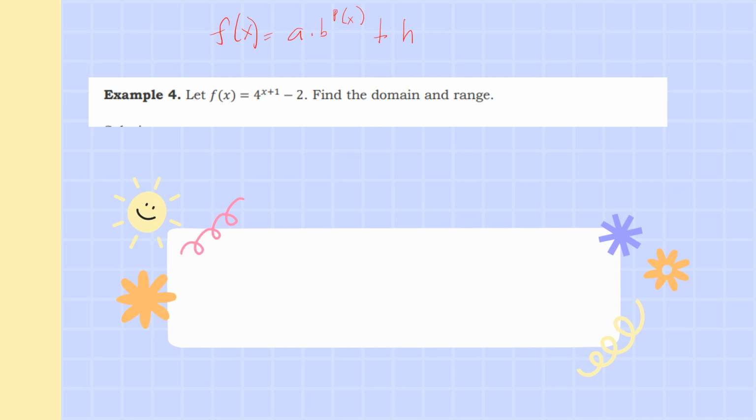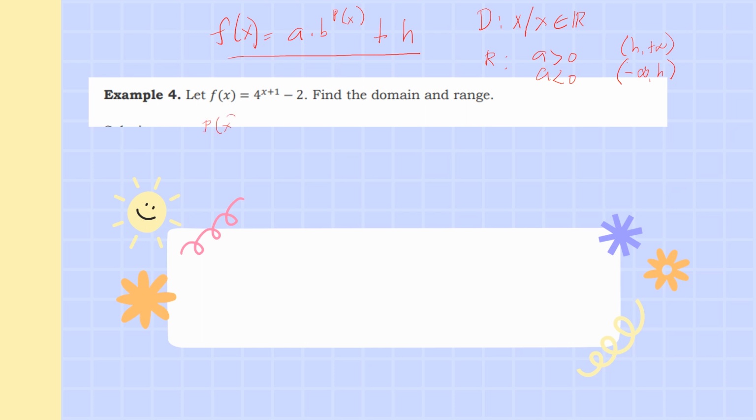With this, if we have this kind of given function, exponential function, we have the domain as elements or any real numbers, and for its range will depend on the value of a. It says here that if a is greater than 0, then the value of the range will be from h to positive infinity. And if the value of a is less than 0, the range will be from negative infinity up to h. In this given,